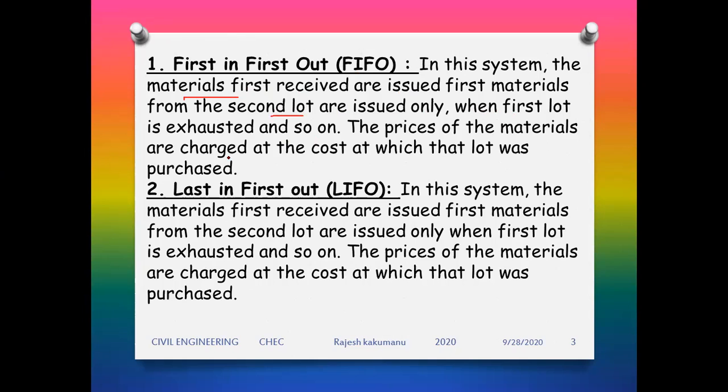When the first lot is exhausted and so on, the prices of the materials are charged at the cost at which that lot was purchased. So in the first in first out method, whenever the material is exhausted in the stores or in the supermarket tray,